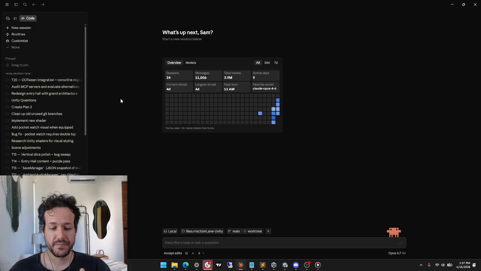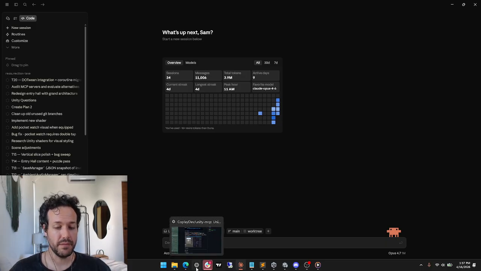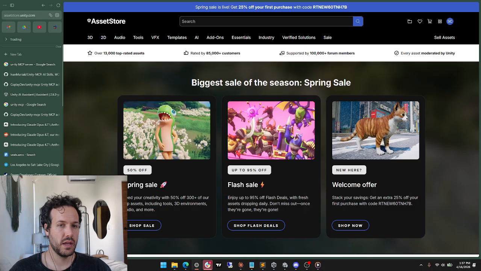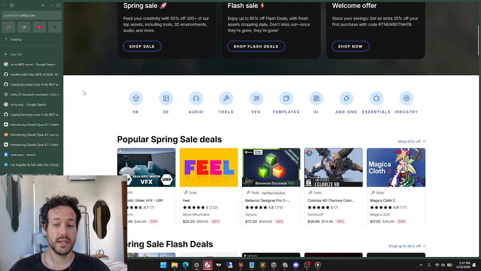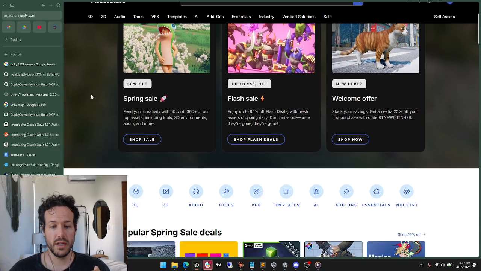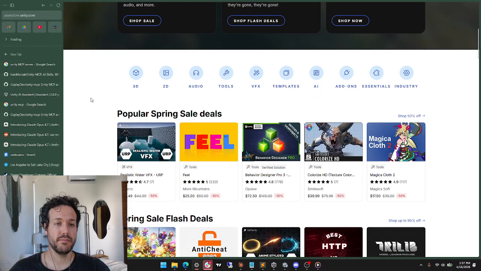The next thing is Unity. With Unity, they have the Unity Asset Store. So like I said, I'm not a 3D artist, but the Unity Asset Store has pretty much anything you could think of that you could want.